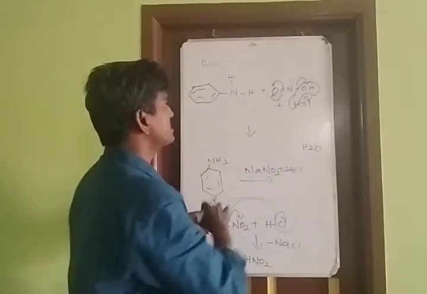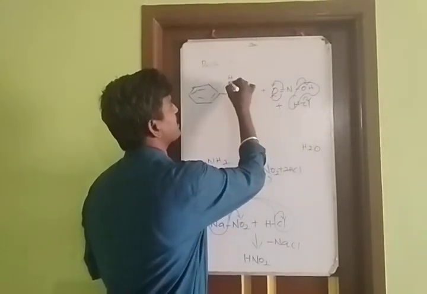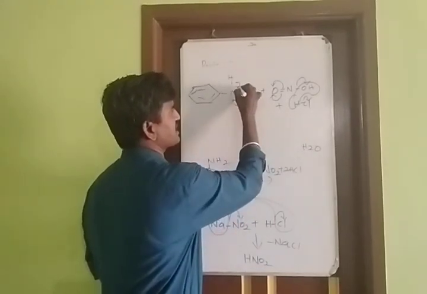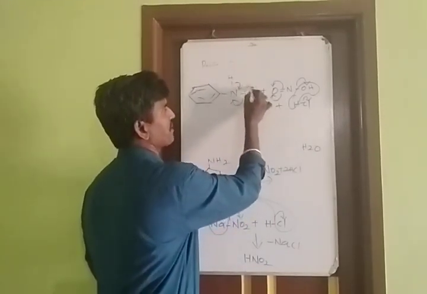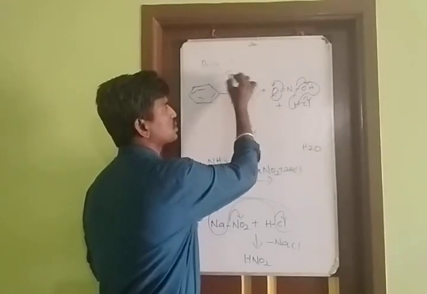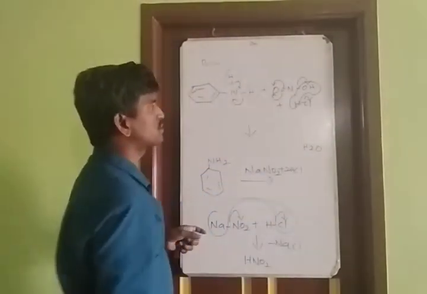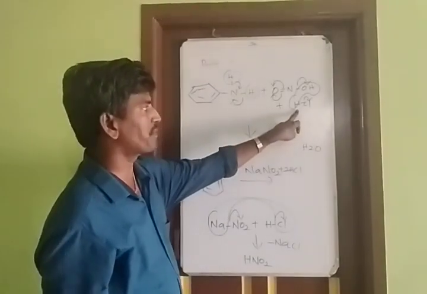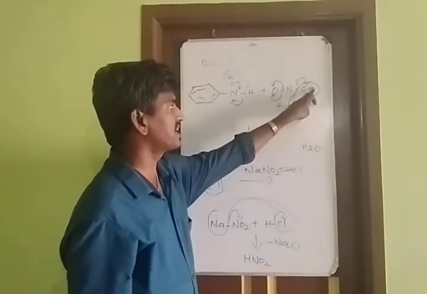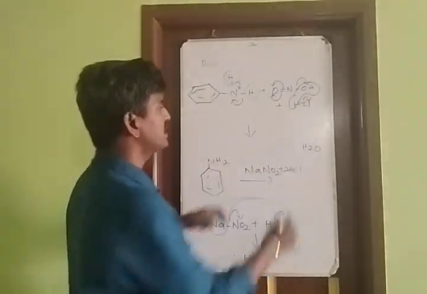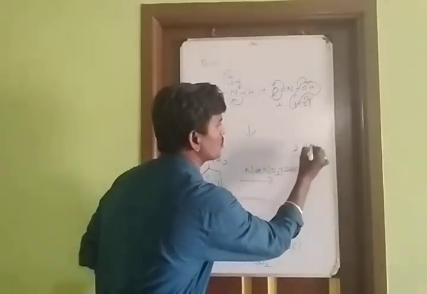This O2 minus is combined with here. Compare nitrogen and hydrogen. Nitrogen takes 1 pair of electrons. Here also nitrogen takes 1 pair of electrons. 1 H plus, this 1 H plus. These 2 H plus combine with O2 minus, and it becomes water. Already this H plus combined with OH minus, it becomes water. These 2 H plus combined with oxygen, it becomes water. So totally 2 moles of water.